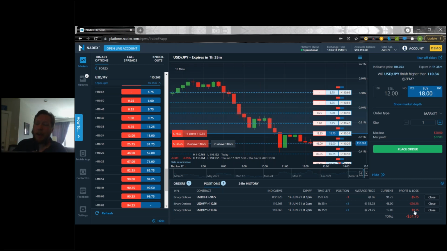The other thing that I get a lot of questions about is this profit and loss. The profit and loss that you're seeing here is only the profit and loss if you were to exit this contract right now. That is something I get asked a lot of questions about. It isn't the most clear thing in the world, probably, and we always do try to make it a little bit more clear. So let me show you an example of one here.